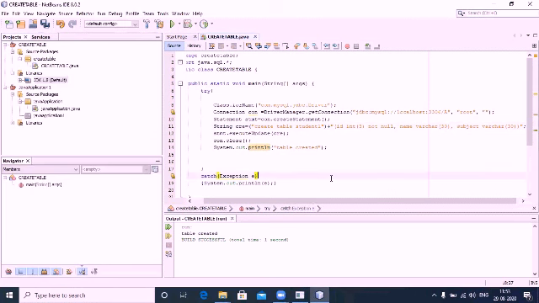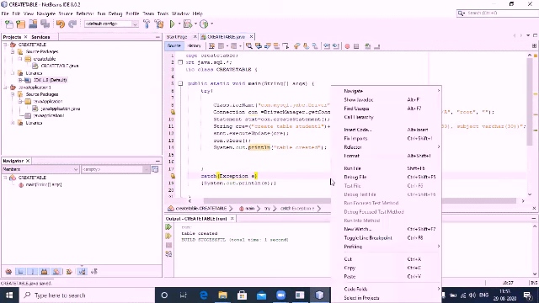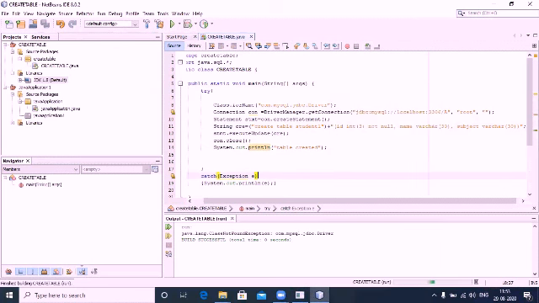Let me show you what happens now. I've saved the program. Once again I will run the file. See here, it is showing the error: java.lang.ClassNotFoundException. What is missing? The com.mysql.jdbc driver. As this driver is missing, it cannot create the table, plus it cannot get connected to MySQL.